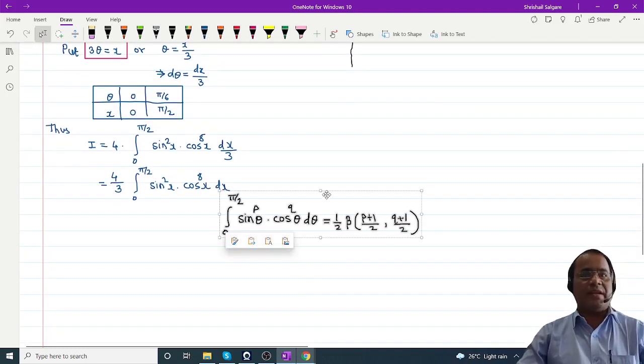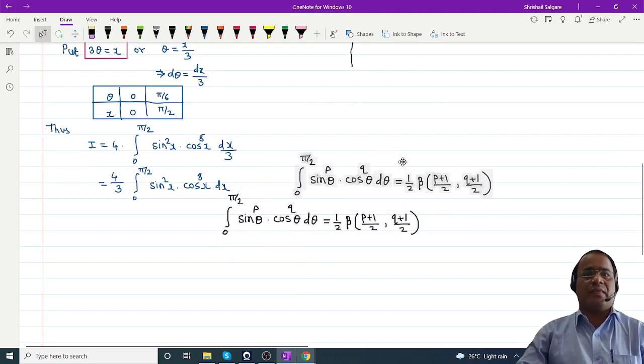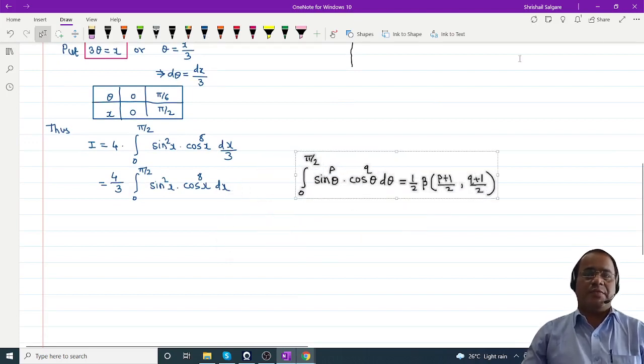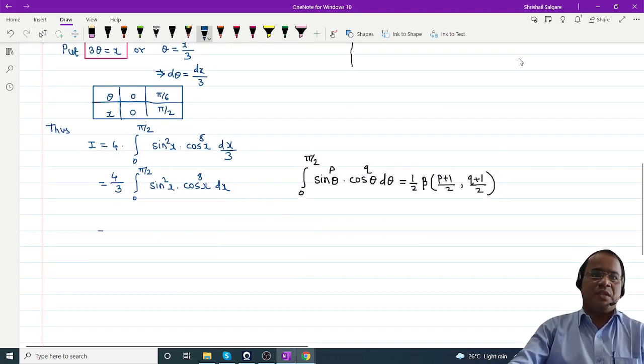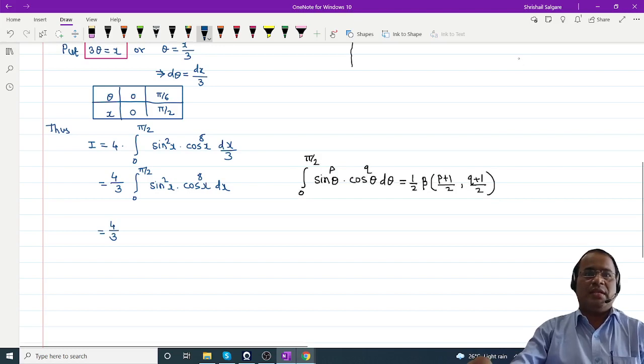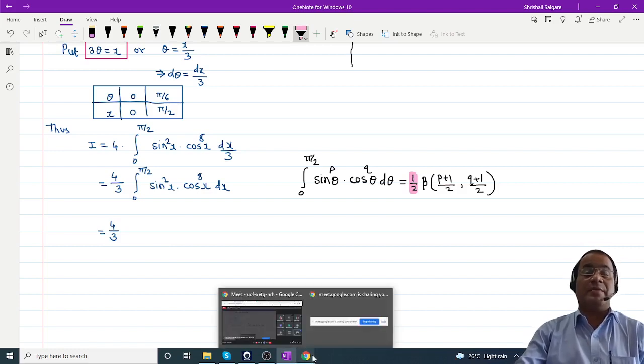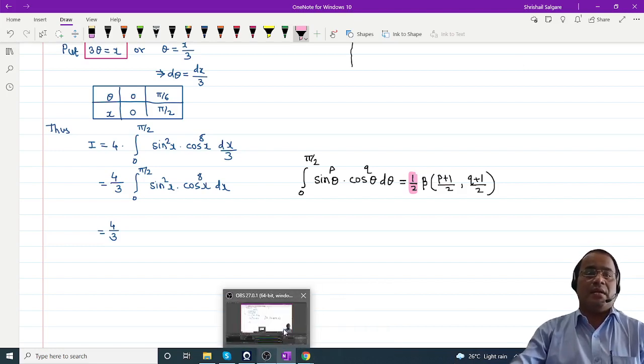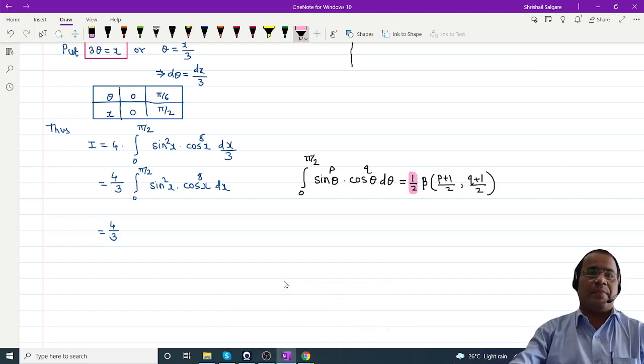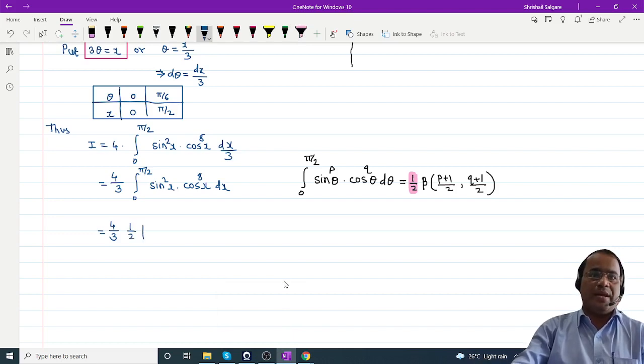Now this is in the definition form. Instead of theta we are having x, you compare with this. If you compare this with the definition, it is the beta function. One thing remember, most of the students forgot to write this 1 by 2. Okay, most of the time, that is a general habit. We may forget, we may directly write the beta. So remember that the multiplying factor is 1 by 2, that you have to write. So therefore it can be written as 1 by 2 into beta of,